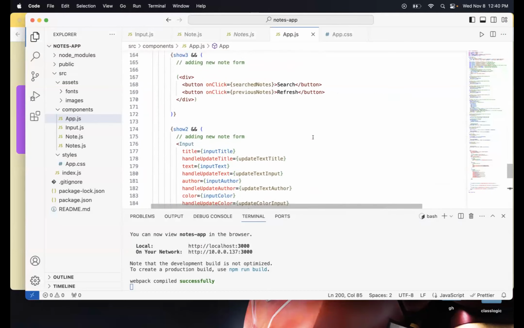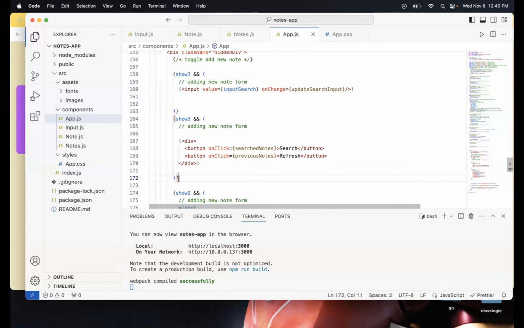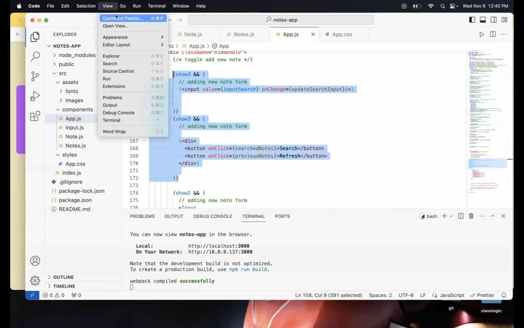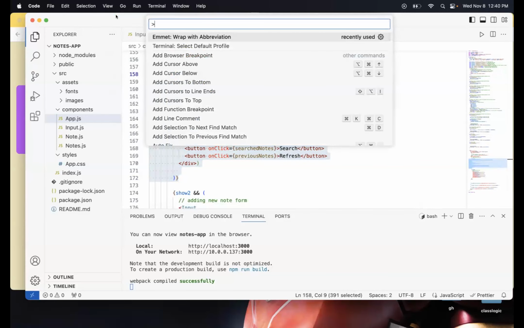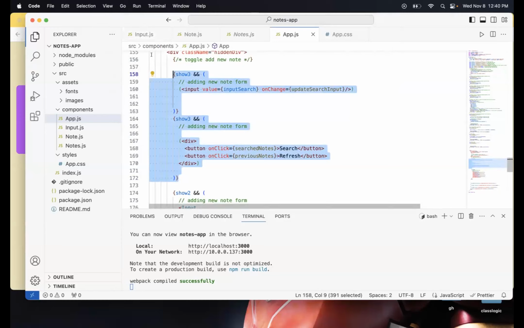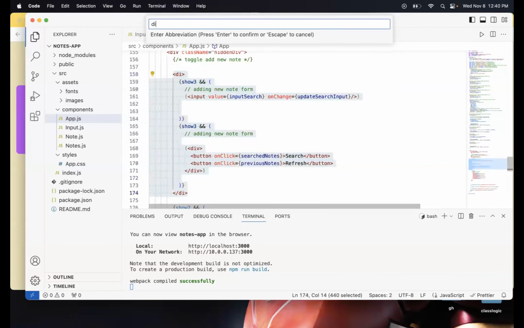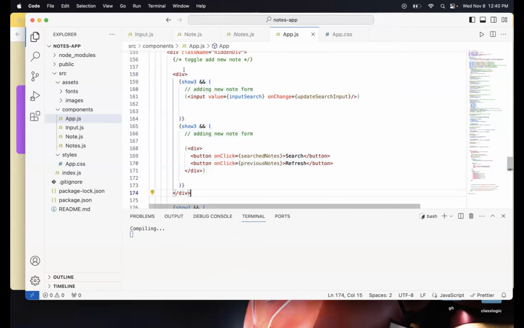So inside the search, why don't I put the whole thing inside a div? Command palette, div. Did it work? No, it did not. Oh, that's because it used the wrong one. Div, okay.